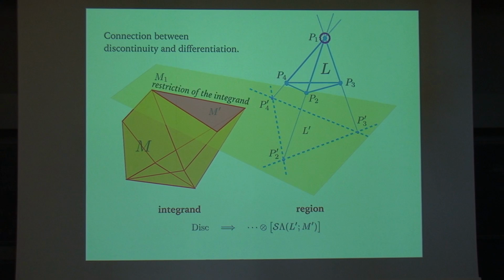Now here is our integrand, and to obtain the integrand associated to this one, we basically just need to restrict the original integrand on this hyperplane by computing its residue upon this. And on the other hand,